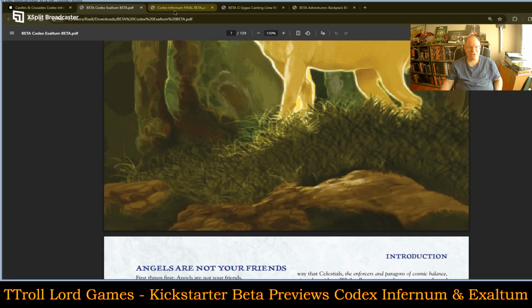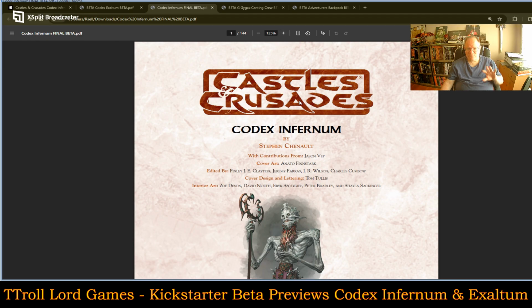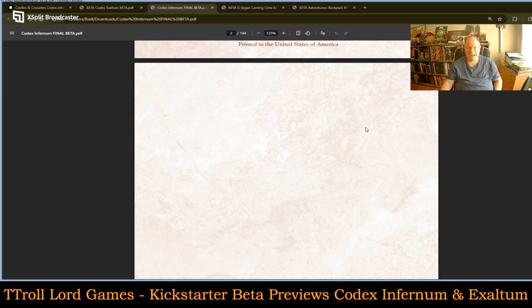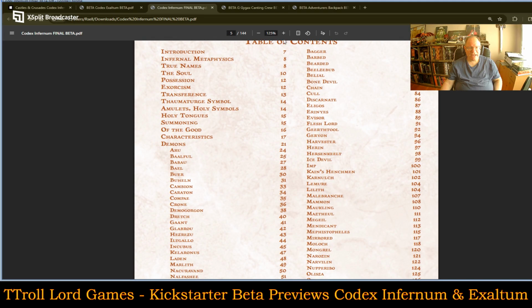But then we get into the Codex Infernum. Let me make sure you're seeing this as well. So this one looks like it's a little bit further along in its stages, comparing the two, although no cover here yet. And we're going to get into the layout here and introductions: infernal metaphysics, true names, the soul, possession, exorcism, transference,